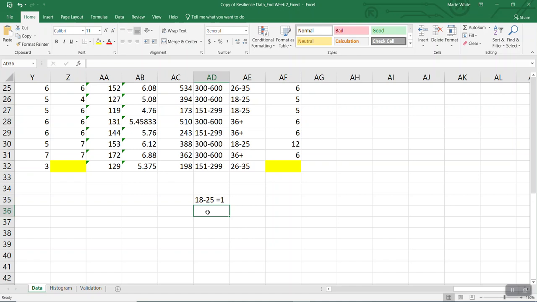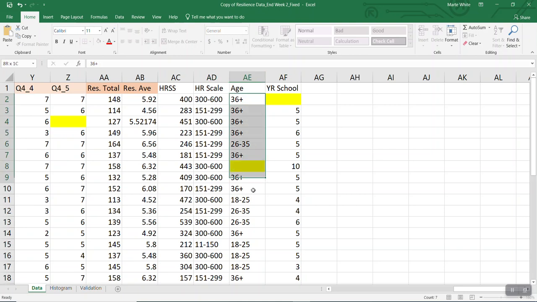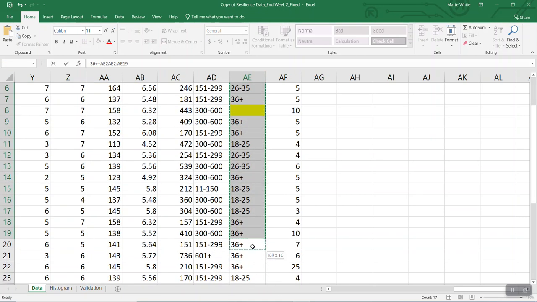The 26 to 35, we're going to call that a 2. And 35 plus equals a 3. So if you remember how to find and replace, we have to first highlight the column, and